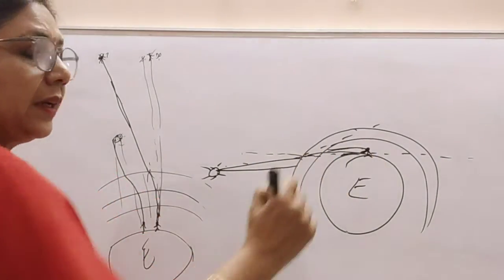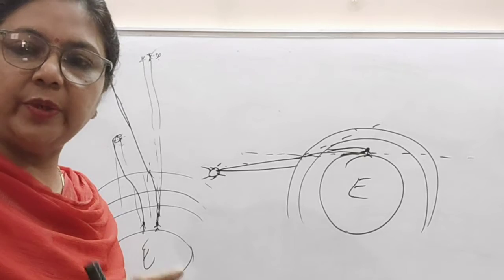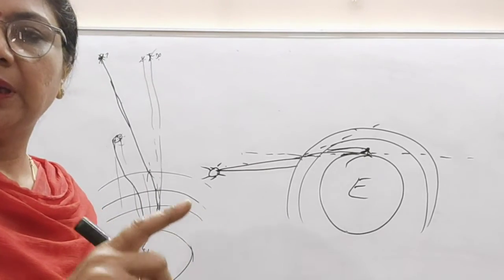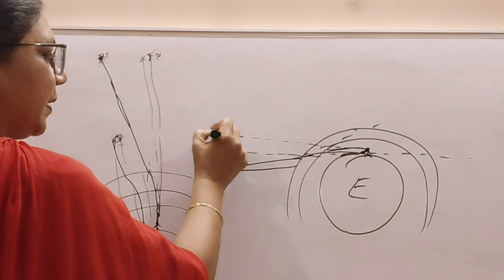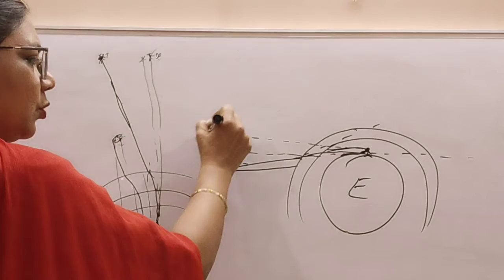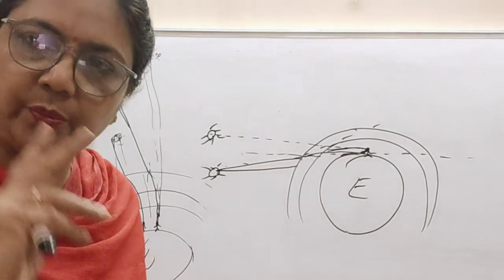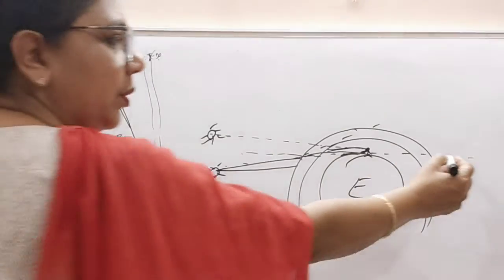Again the same phenomenon: the eye or brain interprets the image of the object as if the light rays are coming straight. So the observer will see as if the light rays are coming from this point. So the observer can see the sun 2 minutes before the sunrise. The same phenomenon occurs during the sunset.